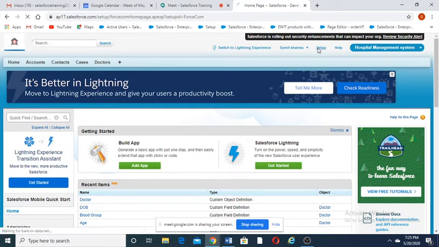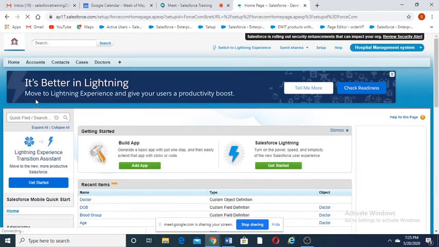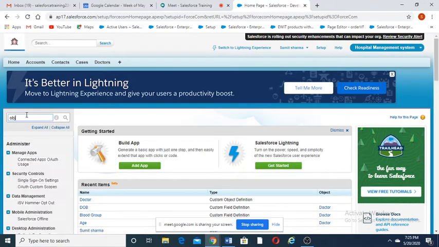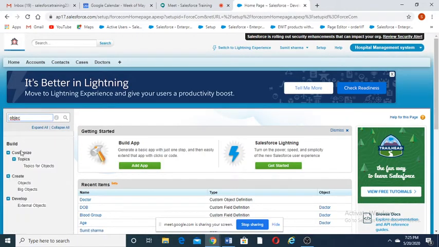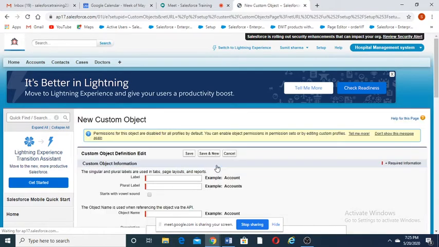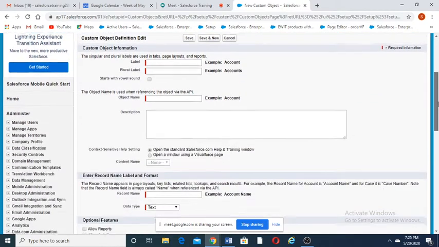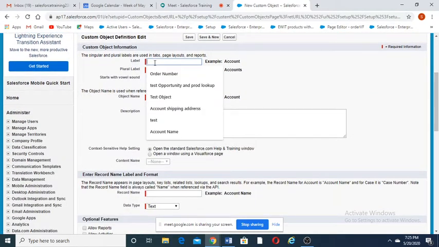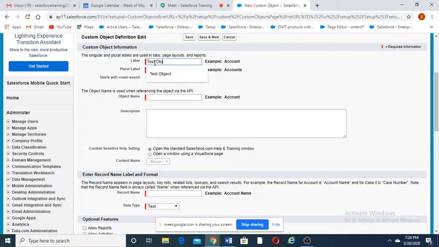Okay, so for setup, then here objects from quick find box, then click on new custom object. Here in the label, I'll just create a test object, and the plural name will be test objects.